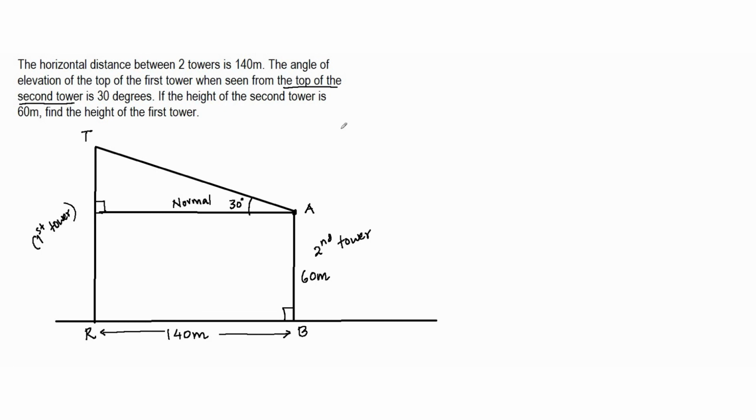So let us now solve this particular problem. Because the length BR is 140 meters, I can say that the length AD is also 140 meters. And because the length of AB is 60 meters, the length of RD is also 60 meters. Now in this particular triangle, there is one triangle that I can pick here. Because I know the length of AD, I can find the length of DT using trigonometry. So I can say in triangle ADT,